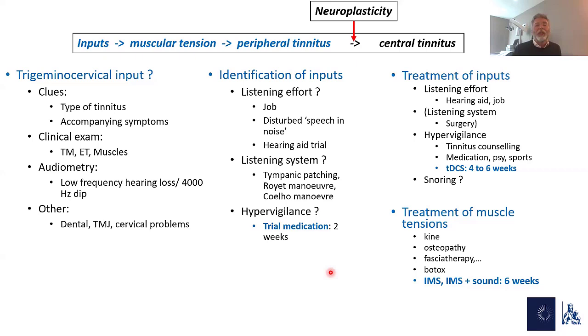We try hearing aids, of course, we do all these maneuvers, and we try anxiety relieving medication for a few weeks. So at the end, we get an idea, okay, it's hypervigilance, it's increased alertness, it's something anatomical, or this is central. And then it's very easy. Once you've done that, you just treat all these inputs, whatever it is. And we work very much with TDCS neuromodulation because it doesn't treat the tinnitus on its own, but it's wonderful as